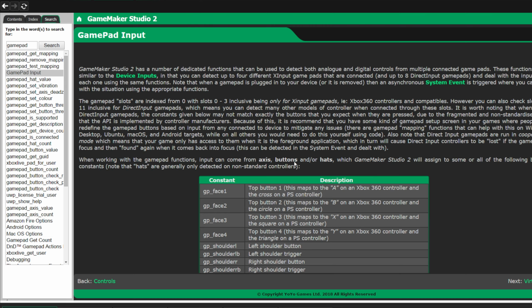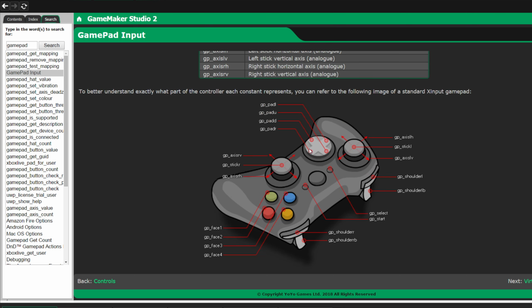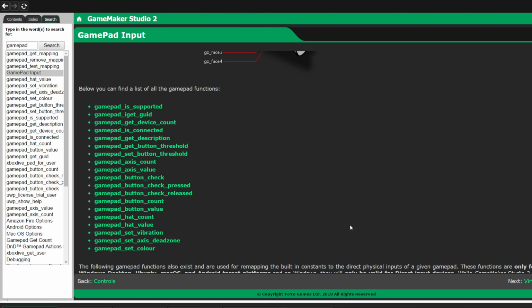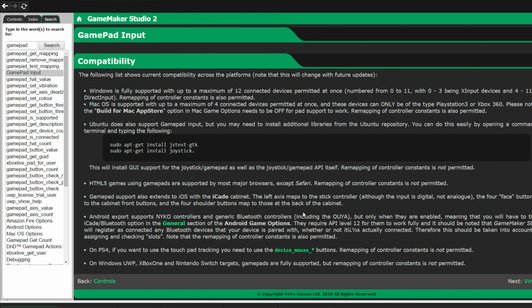Gamepad input. Gamepads come in several different varieties. The most standard of which nowadays is the Xbox controller and the PS4 controllers. And GameMaker has different button values for these controllers. You can find them all in the gamepad input help file. It tells you a little bit about what each one of these should be doing, and of course gives you some useful functions for mapping